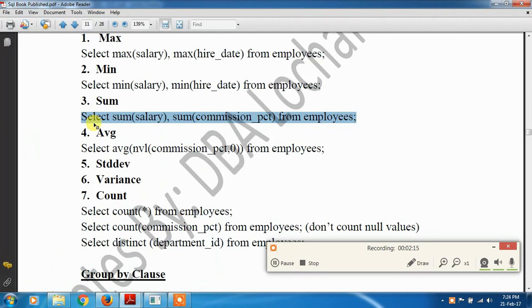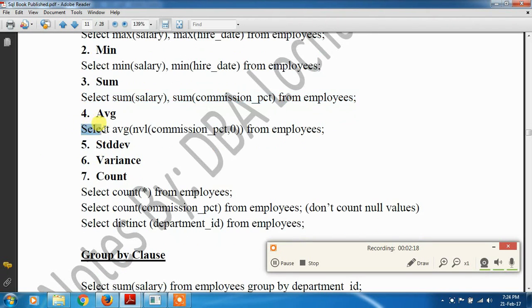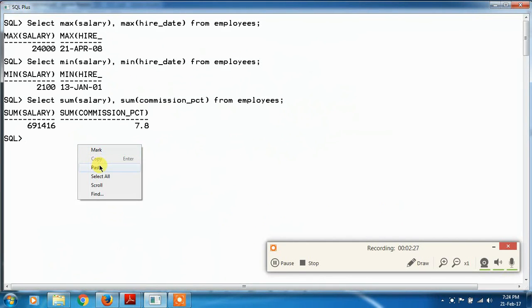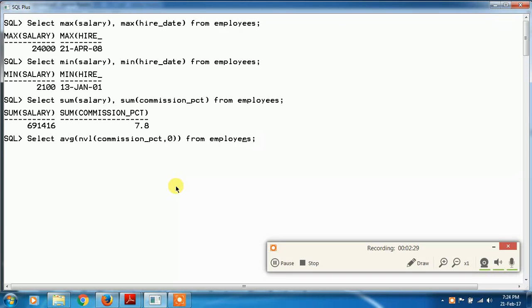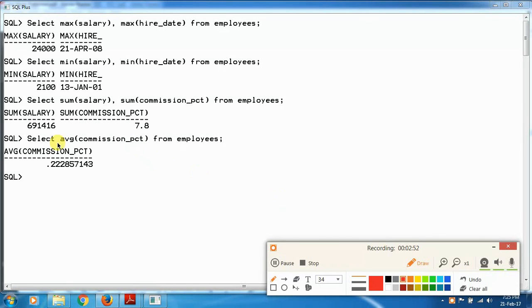The next is average. When we use select average salary, you can check this. When we use the average of commission percentage from employees, it will give the wrong output, because when we calculate the average of commission percentage, it should give another value. So why is it wrong? Because